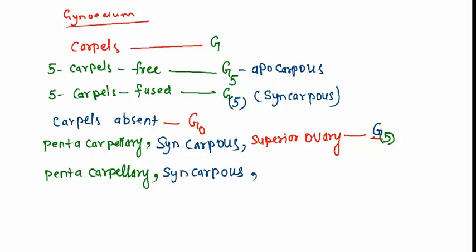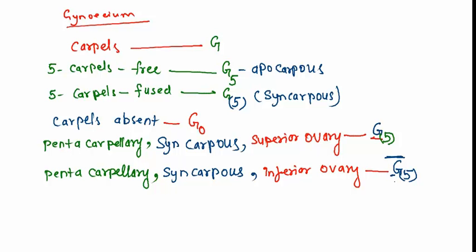If it is inferior, then the formula by which we can represent it is G with a straight line at the top and 5 in brackets. This G represents the gynoecium, the upper line represents the inferior position of ovary, and 5 in brackets represents the syncarpous